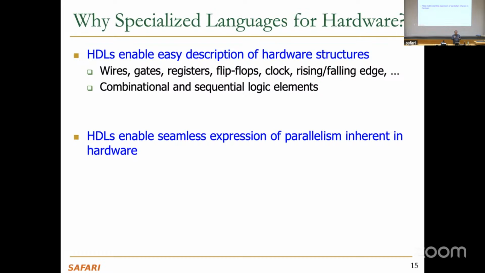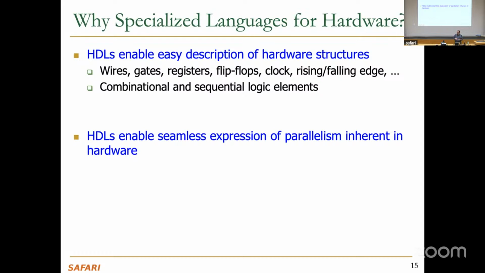That's one reason. Another reason is to enable parallelism. In hardware, we have a lot of concurrency. All these transistors and gates are operating in parallel, so there is nothing sequential happening in your design. That's why if you want to model your hardware using, for example, a C program or Python, it's going to be a headache because it's very hard to simulate that parallelism.